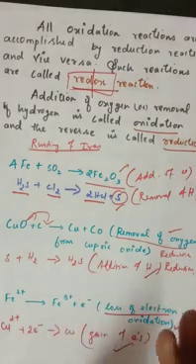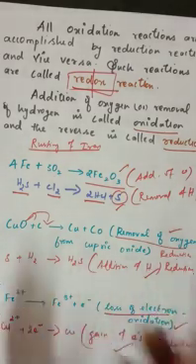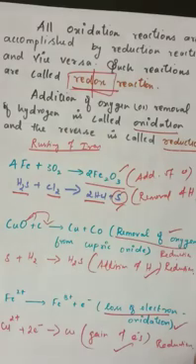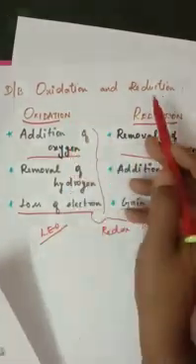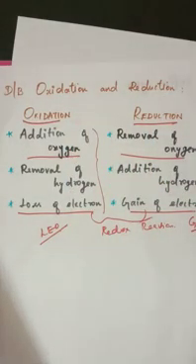Oxidation and reduction reactions are not always associated with oxygen or hydrogen. It depends upon the electron, addition of electron or loss of electron. That may also be an oxidation or reduction, and together it is said to be a redox reaction. The question may ask what the difference between oxidation and reduction is, and what is meant by redox reaction.